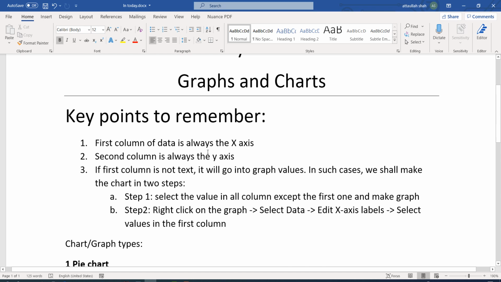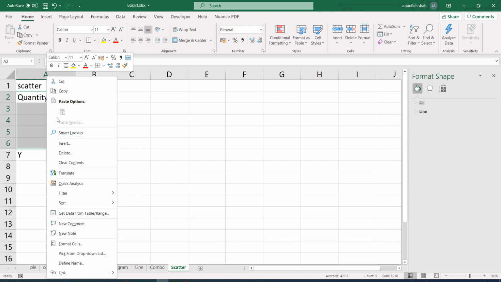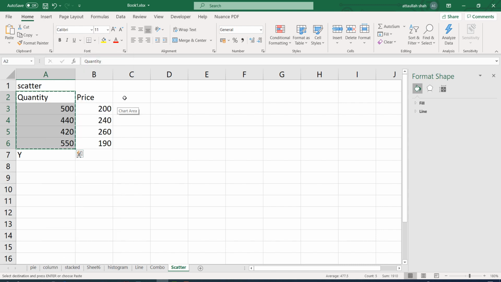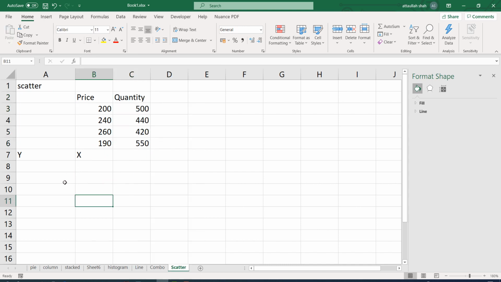First column of the data is always the x-axis. In order to plot this specific data correctly, what we need to do? We need to put the x-axis in the first column. So I would take this column here. Why this is necessary? This is necessary because